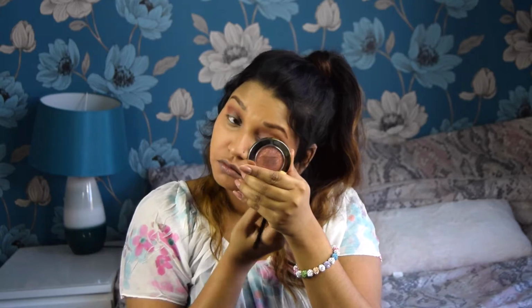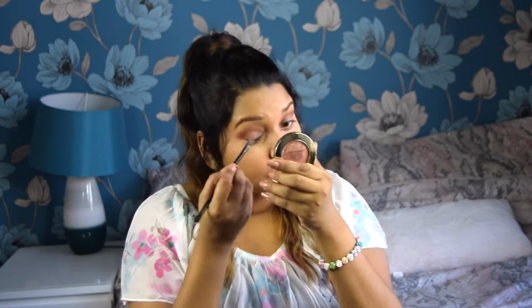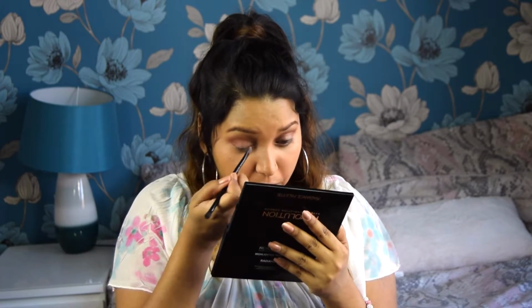It's not really rose gold, but for some reason it was not working out at all for me. It was not doing any sort of justice. I could not achieve what I wanted. So I ended up using my Milani Baked Blush in Berry Amore. It gave me some of the rose gold effect that I wanted on the lids, but still I was not